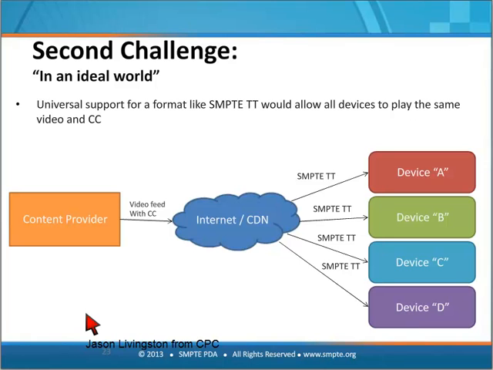I would also expect there are some smaller CDNs, or maybe CDNs that are not targeting the US broadcast market specifically, that may not have this on their radar yet, and that's a problem, obviously. So you would have to contact your CDN or CDNs that you're considering using and figure out these pieces of the puzzle.